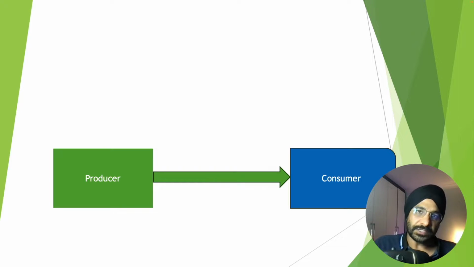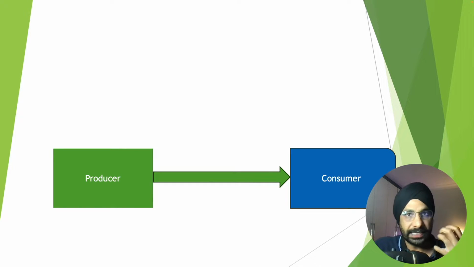Okay, so first of all, let's just try to understand what CDC is and why you need it. Let's assume you have an application where you have a producer which is creating and producing some data. So every time a consumer invokes a web service, the producer is going to give you the data. All is well. Now the problem that can happen is that the producer might change the structure of the payload, or they might change the shape of the URI. They might introduce a new context path, or as far as the payload is concerned, they might change